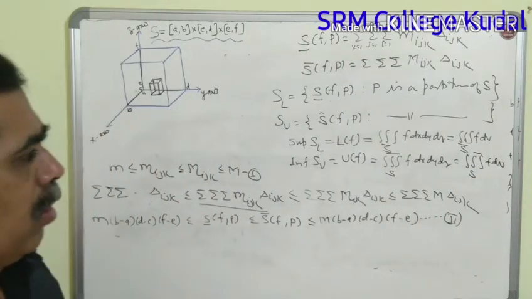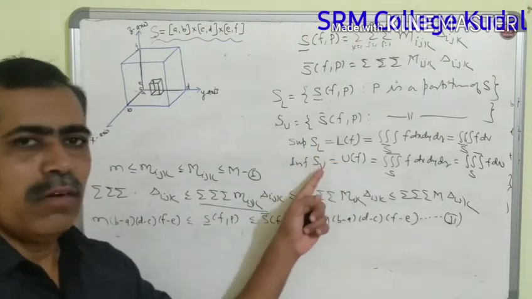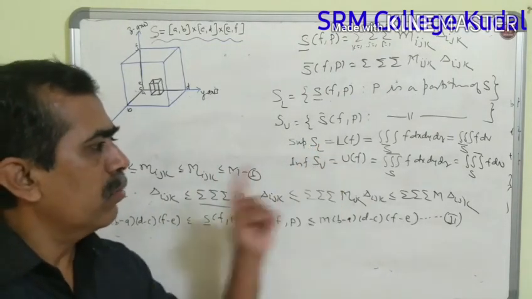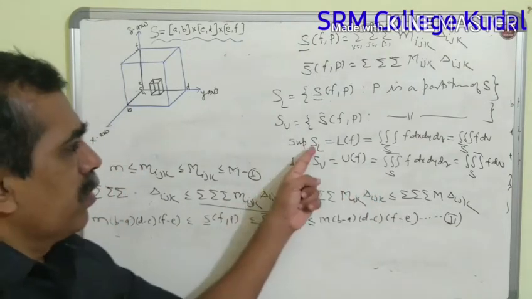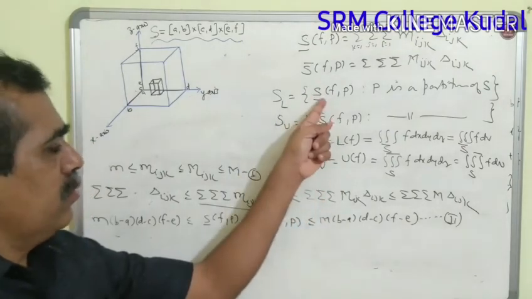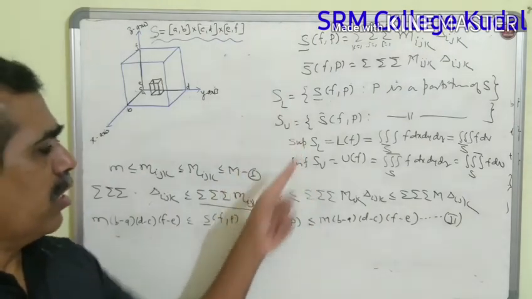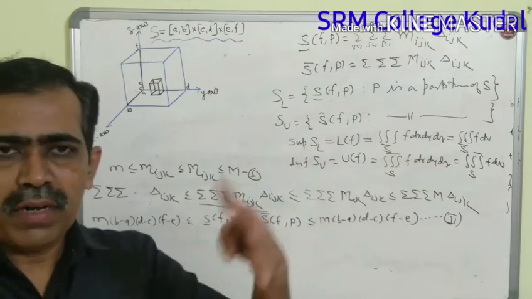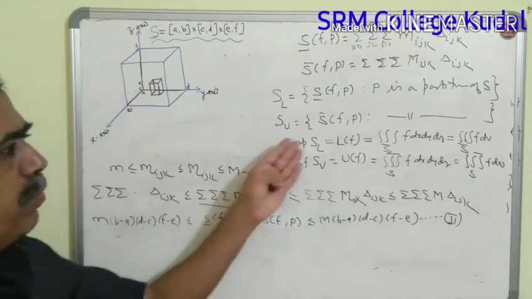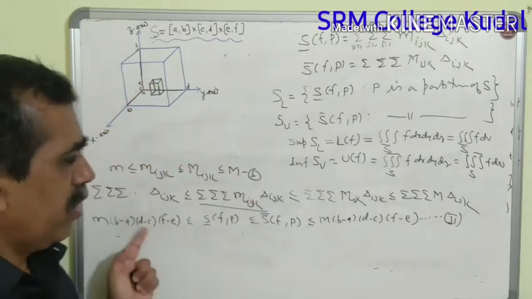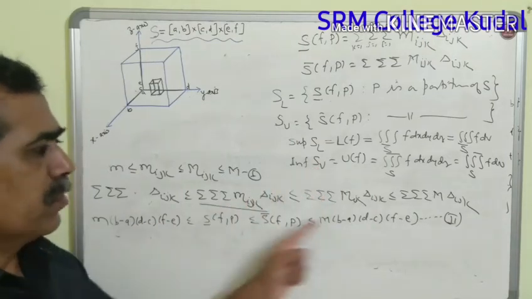Okay, so this is how we define the lower triple integral of a function f over S and the upper triple integral of a function f over a cuboid S. Now, as every lower sum lies between these two numbers, if you have infinitely many lower sums, definitely the largest lower sum will lie between these two numbers. The smallest upper sum will also lie between these two numbers.